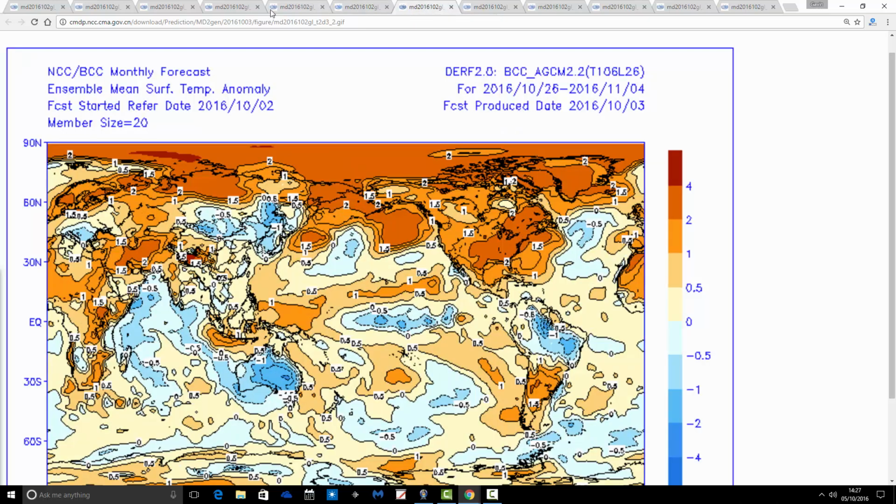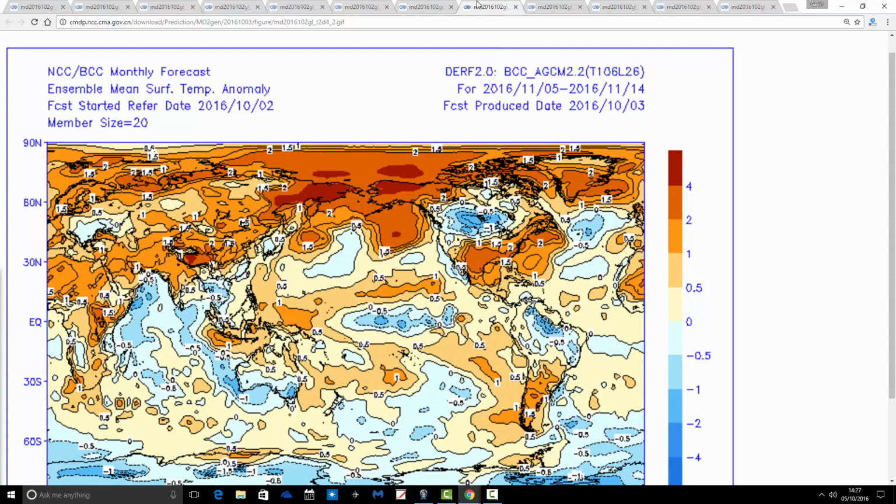Now, the next 10 days, the 26th of October through to 4th of November, is when the ridge is sitting over the UK, of course. That goes warmer than average again, and again, I'm not sure about that, really. I would have thought that's likely to be closer to average, maybe a bit cooler as well. So the model is forecasting quite a mild month, but I'm not convinced, really, and this goes on into the last 10 days, the 5th through to 14th of November. Again, the anomalies are above average.